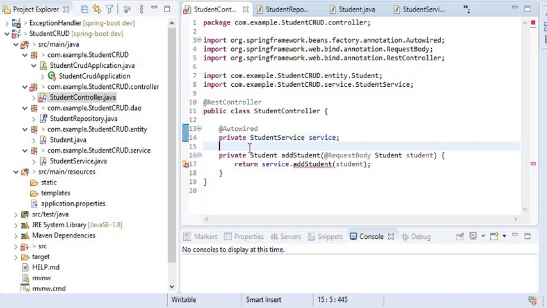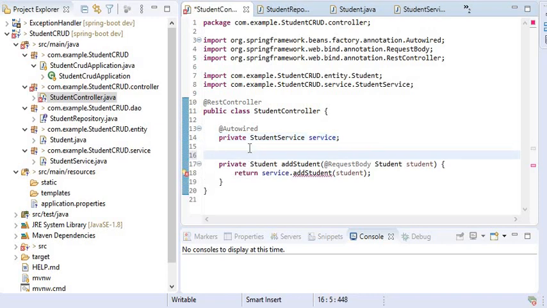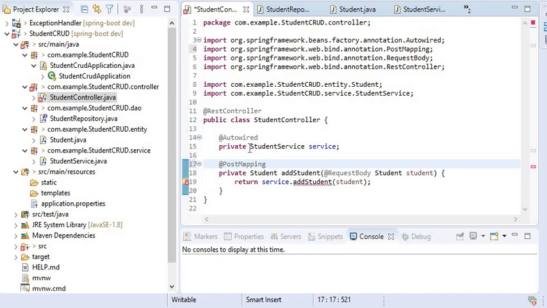Here I will use the annotation, that is @PostMapping, and will define the path, that will be the URL path.